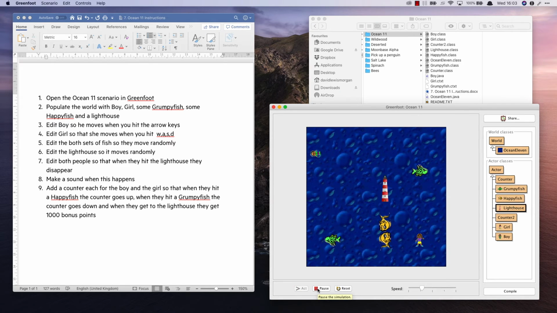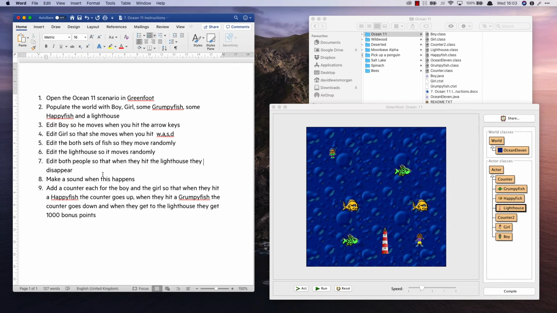So if my boy hits the lighthouse, he disappears, and he has. And if my girl hits the lighthouse, it's quite difficult to do because the lighthouse is moving. There we are. They've both disappeared. Lovely. So a bit involved, that one, but the next one, number 8, is actually reasonably straightforward because back in